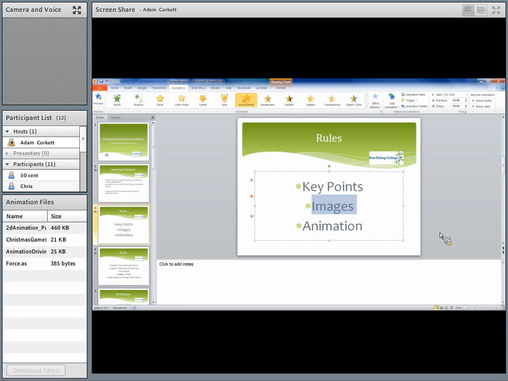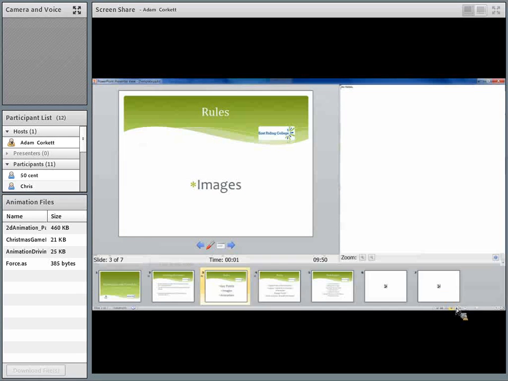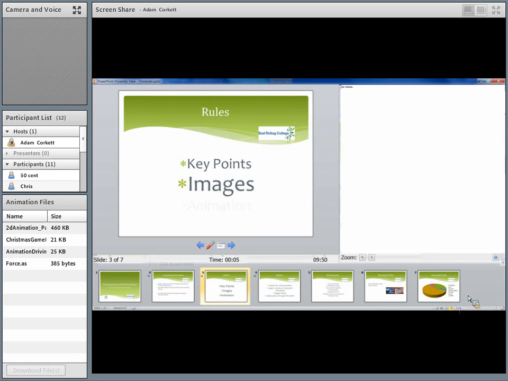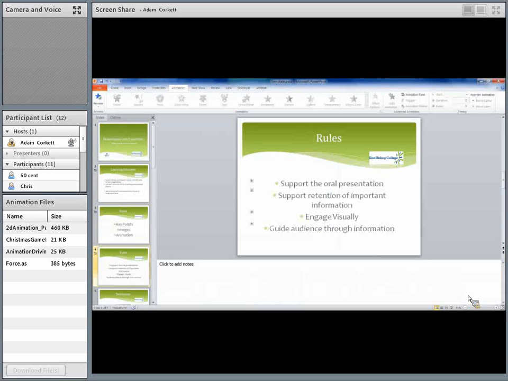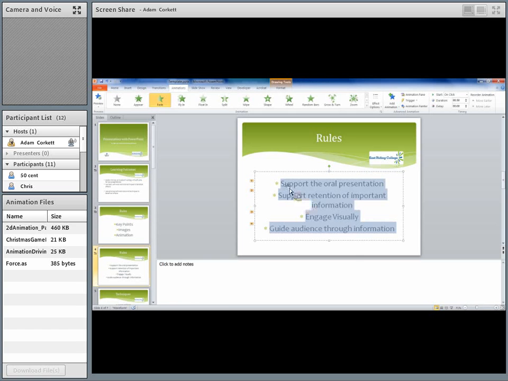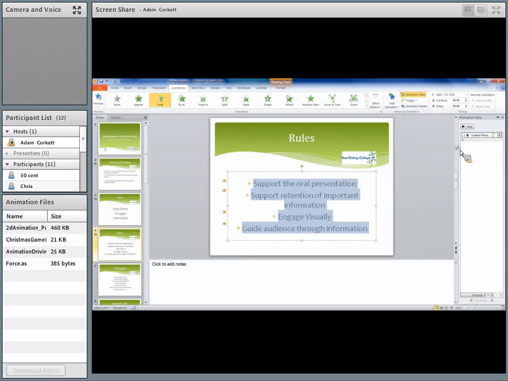So let's see how that goes now. And it emphasizes it like that. So images sticks out. Press the key again and obviously the slide disappears. So if you use your animations to emphasize information, there's other ways you could do it. For example, I could create a list that comes in automatically. So currently on this page, if I view the animation pane,